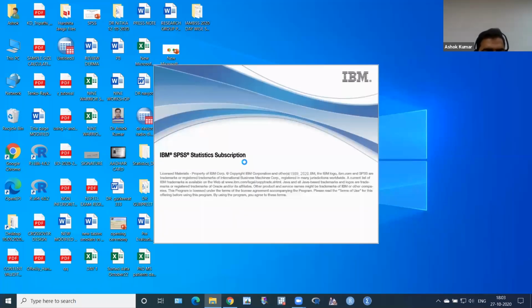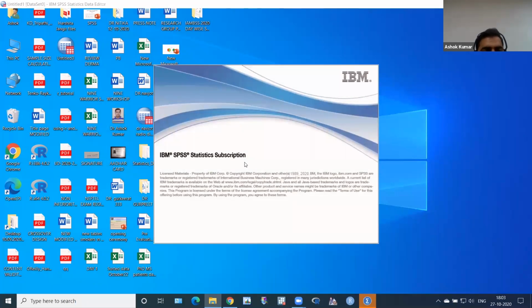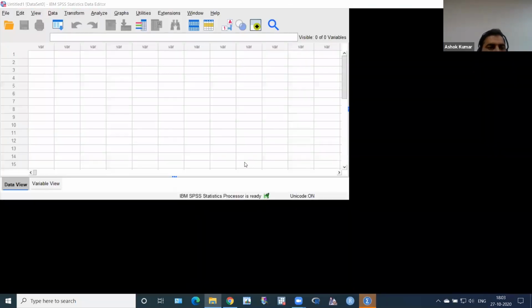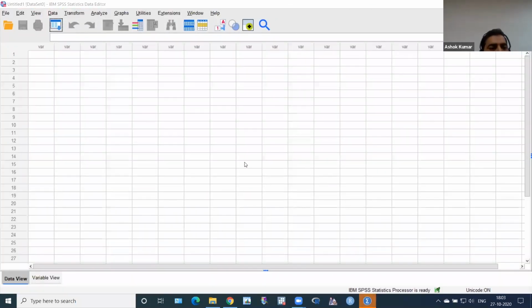It's opening. Now it's opened. Very good. It's a blank SPSS sheet, so I have to import the Excel sheet into this SPSS sheet.